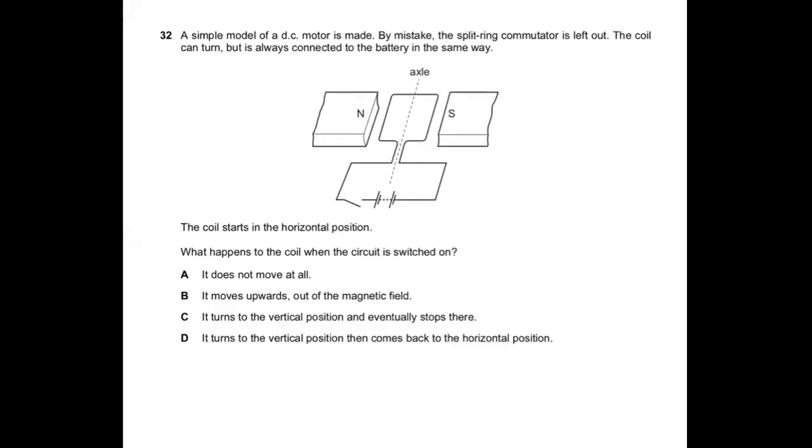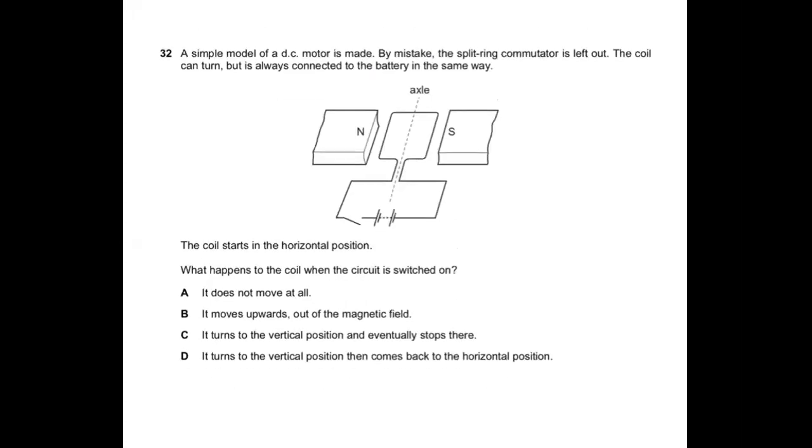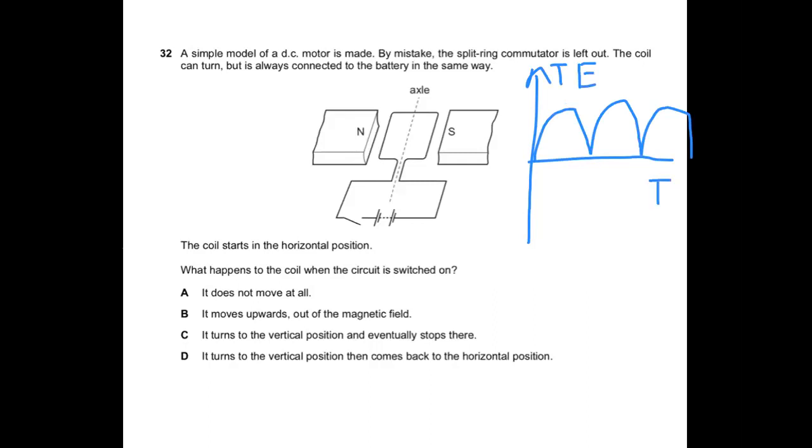Now, when the circuit is switched on, the coil will start rotating according to Fleming's left-hand rule. However, when it reaches the vertical position, there is no turning effect because of the graph for the DC motor, which is somewhat like this. The y-axis is for the turning effect, and this is time. Now, at this point,